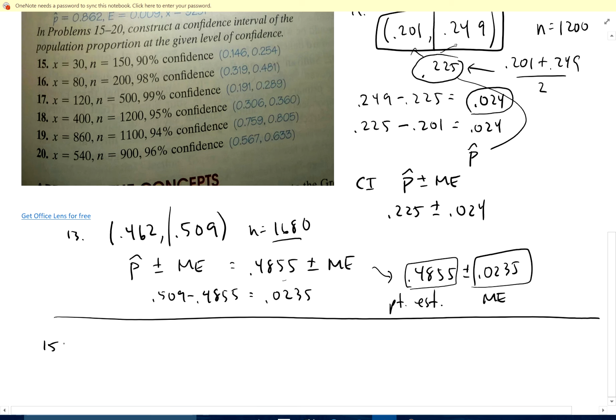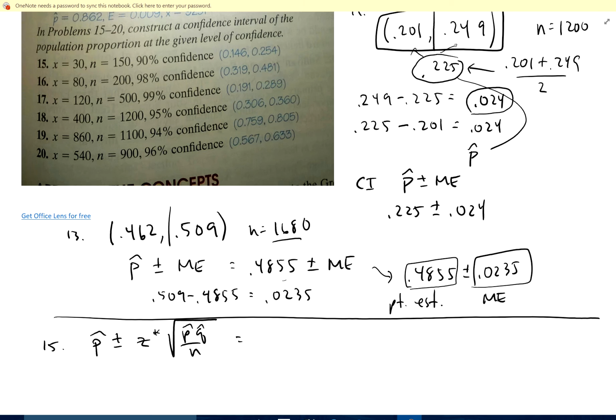So 15, we've got x is 30, n is 150, 90% confidence. So how would I find a confidence interval? Well, I know the confidence interval is p hat plus or minus z star square root of p hat q hat over n, which is,